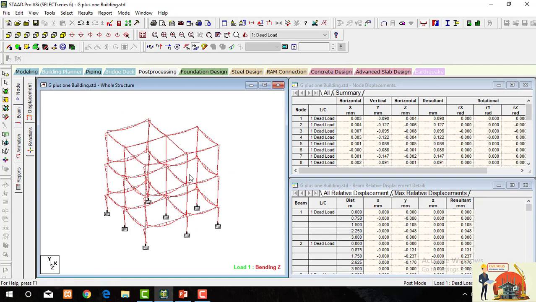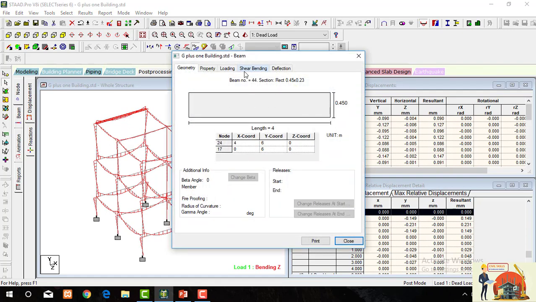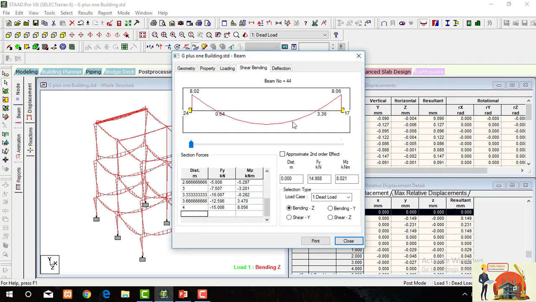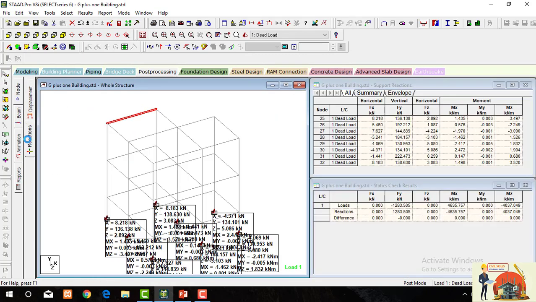If you want to see the individual bending moment of each member, click to member. Go to the shear bending. From here you can see the bending moment of an individual member. Click on reactions.